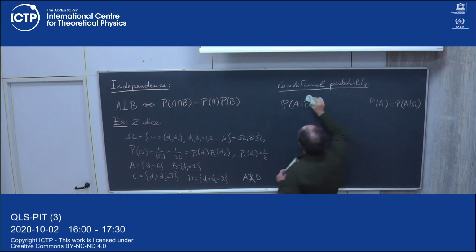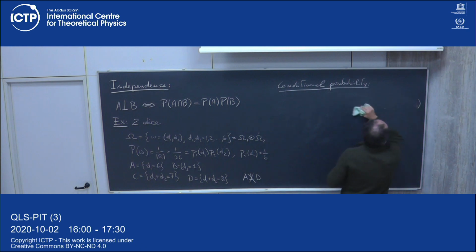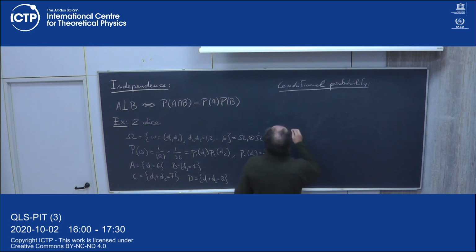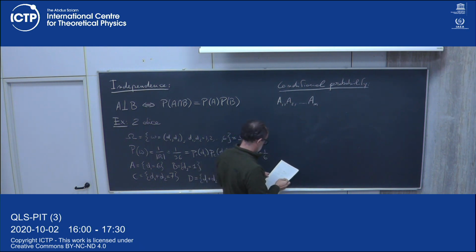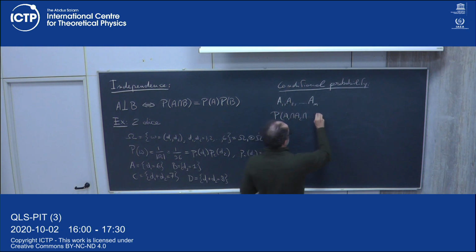So now imagine that we have a sequence of events A1, A2, ..., AN. Okay? Then we can compute the probability of A1, A2, etc., AN